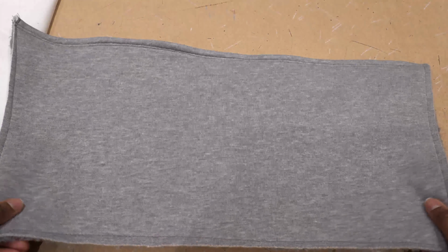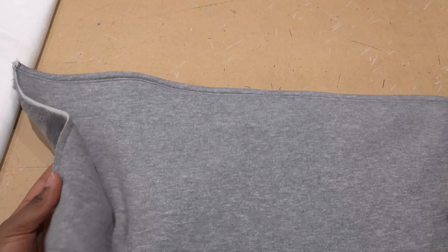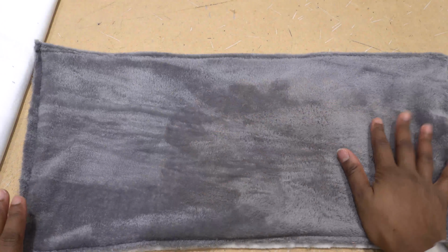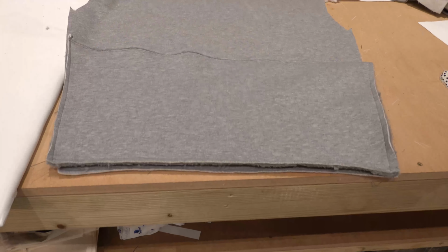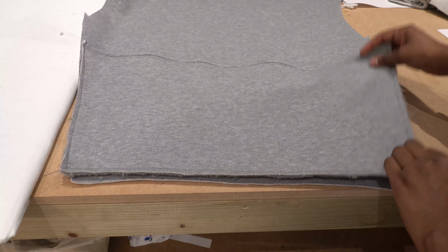Okay, so this is the pocket. It's a little bit wavy. It's fine though. So that is the top part, and I've basted the side and the bottom. And if you look on the other side, it's nice and furry. Perfect. So if you see here, this is the top. So the way that the pocket is going to work is that this is going to sit right